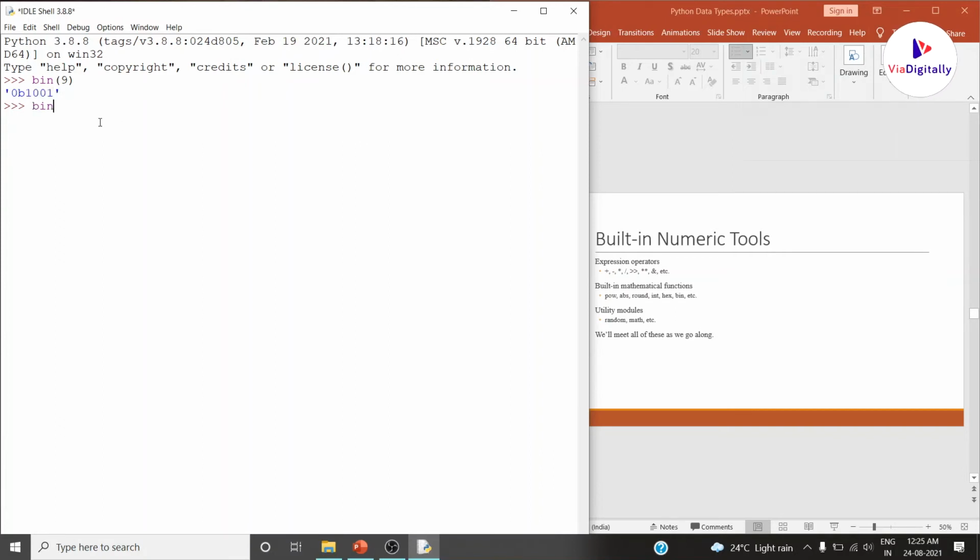For example, the binary representation of 10 is 1010. If you cross check, the binary representation of 10 is 1010. Similarly, if you want to know how the number 15 is represented in hex, it is f. Actually f represents 15.